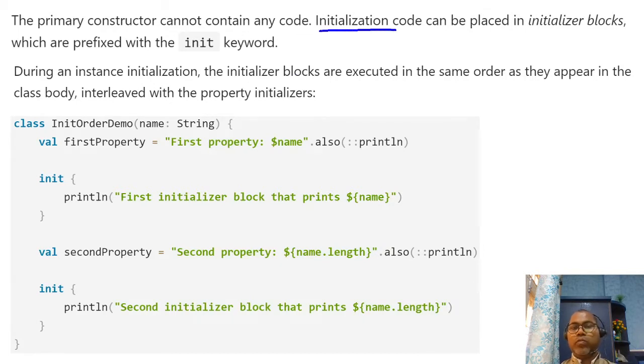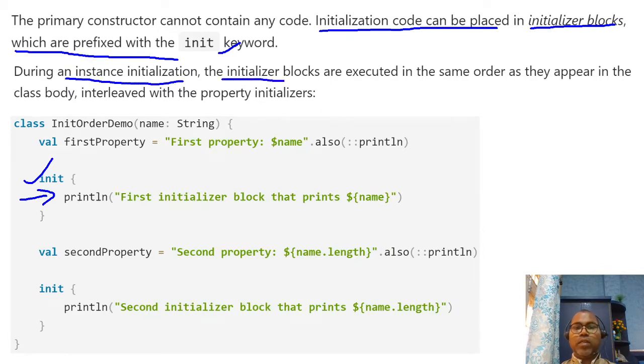Initialization code can be placed in an init block, which is prefixed with the init keyword. An instance initializer block is executed in the same order as they appear in the class body.